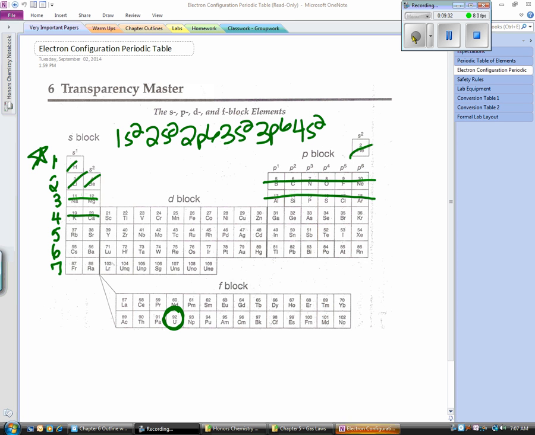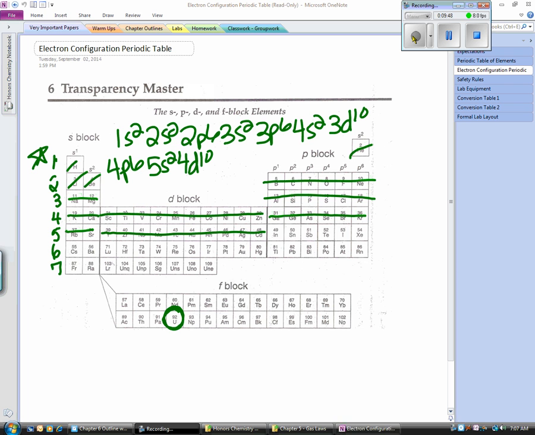Now we got to the D's, 3d10, 4p6, 5s2, 4d10, 5p6,